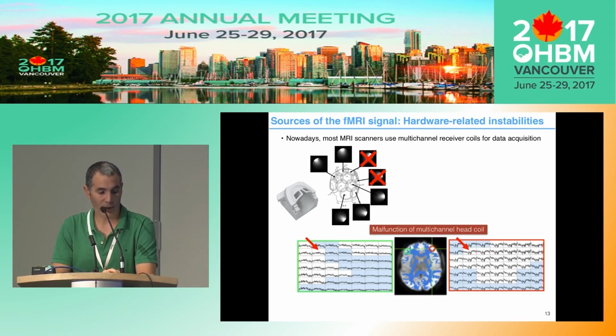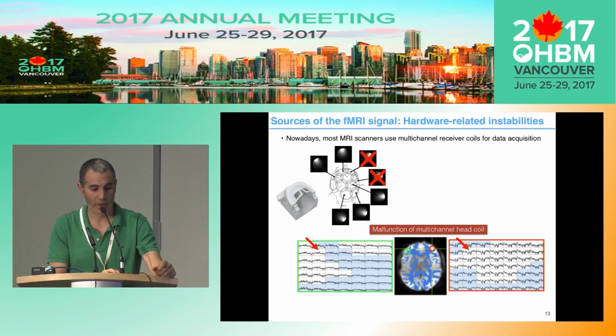Then it creates very localized artifacts in our data that only occur in some areas of the brain. So for instance, in this image, the voxel on the right shows no artifacts in the middle of the acquisition, whereas the voxels in the left part,